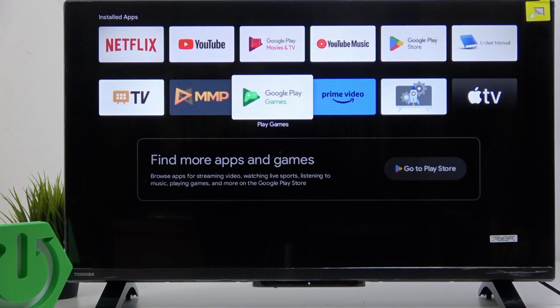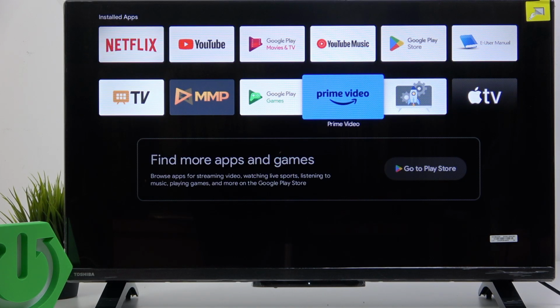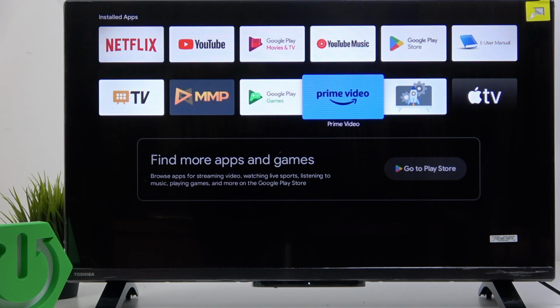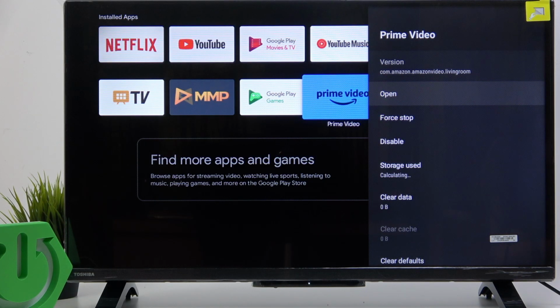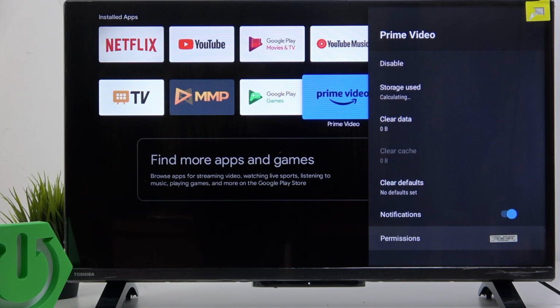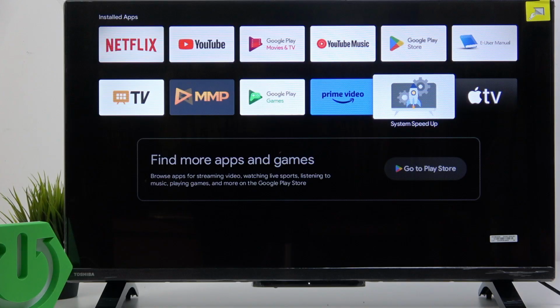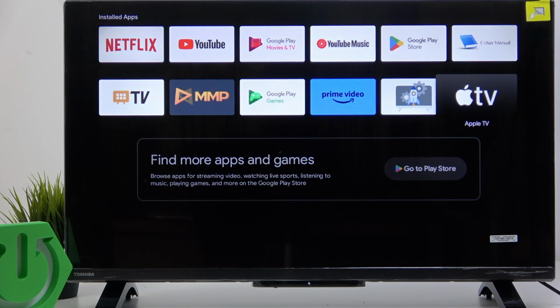Now go to an app you want to uninstall, press and hold on OK button. Then you'll see these options here. For some reason I don't have an install here. I'll try to go to info to see if I can uninstall it from the info. Though no, okay. Let's say Prime Video has to stay, but the Apple TV was installed by me, so I